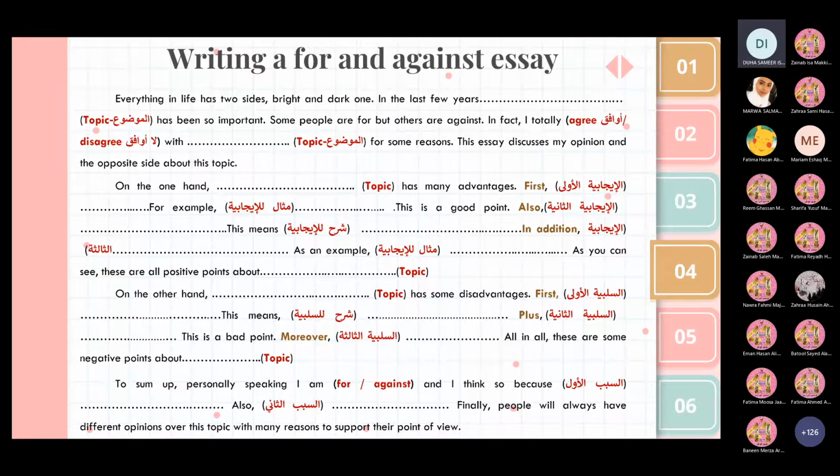So if at the beginning you chose agree, you're with the topic, then in the conclusion you're going to write I am for. If you disagree, you're going to write against in the conclusion. All right? And then you're going to write several reasons. If you're for or if you're against the topic, you're going to write for me 2 reasons. To be honest, it's okay with us that you use some of the points that you have used during writing your advantages and disadvantages points.